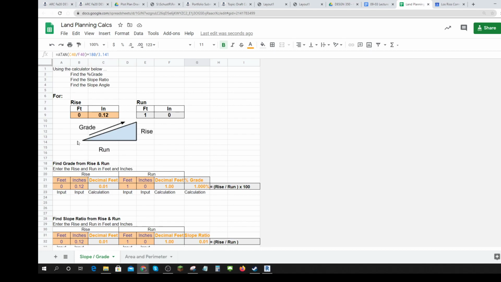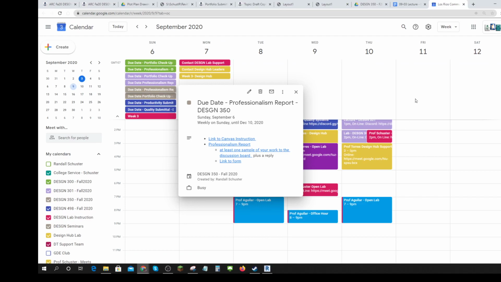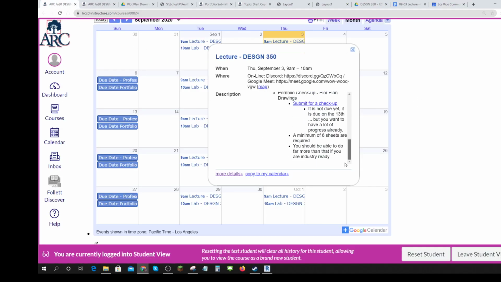All right, so that's how we get to do these. That's there for you. I also have an area and perimeter calculator. If I type in 62,250 square feet, you can see I have 1.429 acres. Or if I type in 1 acre, I have 43,560 square feet. So this is here for you, so you don't have to go look it up on the web. Okay, so you have to make your own copy of it so that it works. And I'll be adding stuff in for you as we go. All right, so I'm going to turn off the